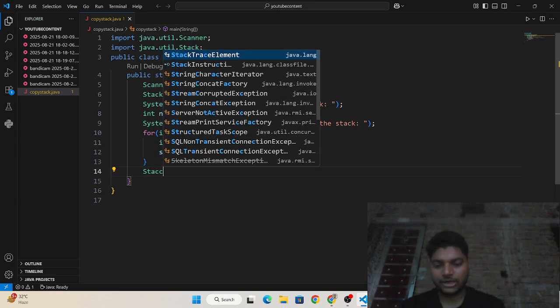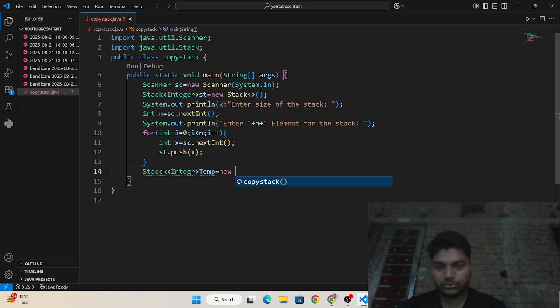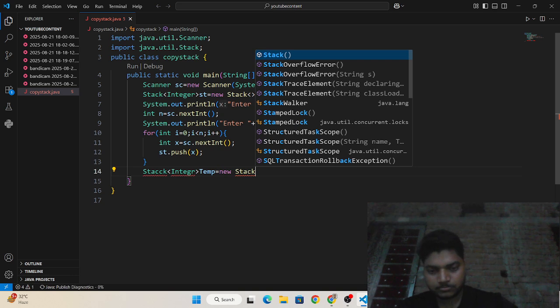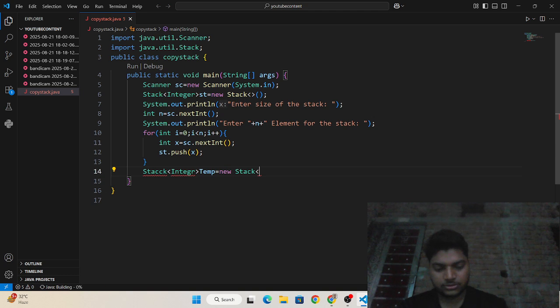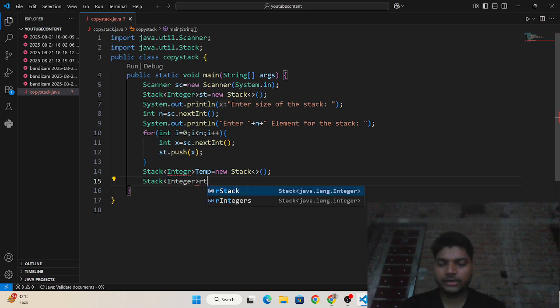So you need to write here Stack of Integer temp is equals to new Stack, and then Stack of Integer rt is equals to new Stack.